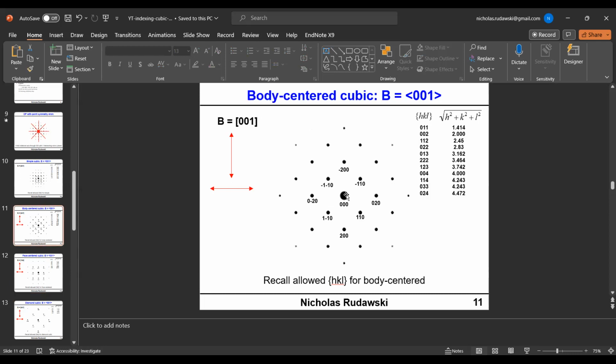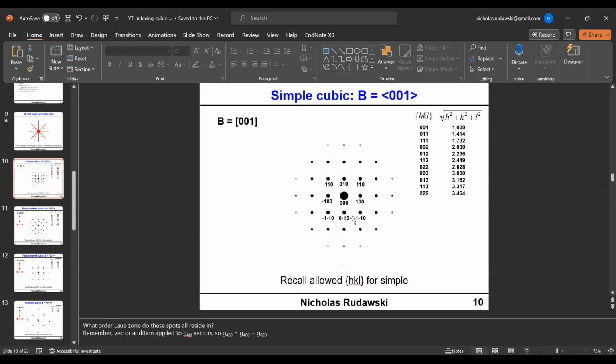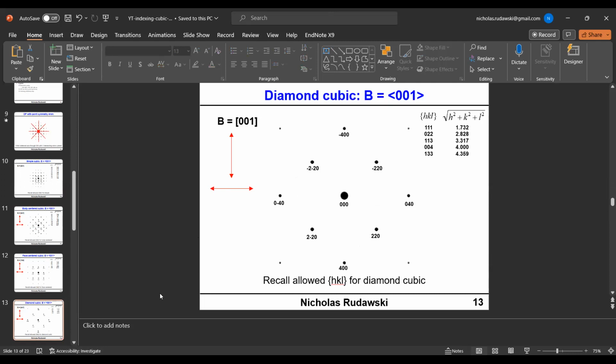The same thing here for the body-centered, and the same thing here for the simple cubic, again, if you're indexing these correctly. Again, we happened to pick these so we get the soft rules applied. So let's just say, for the sake of argument, that instead of indexing it like this, we want to index it as